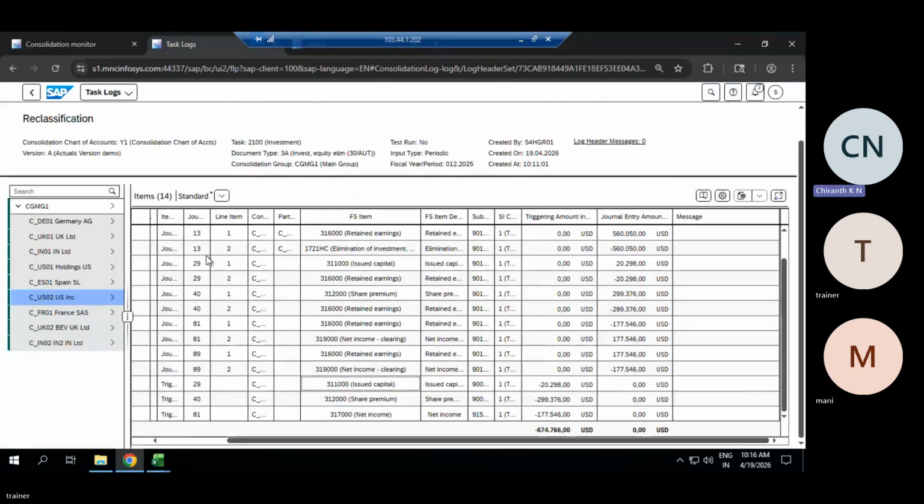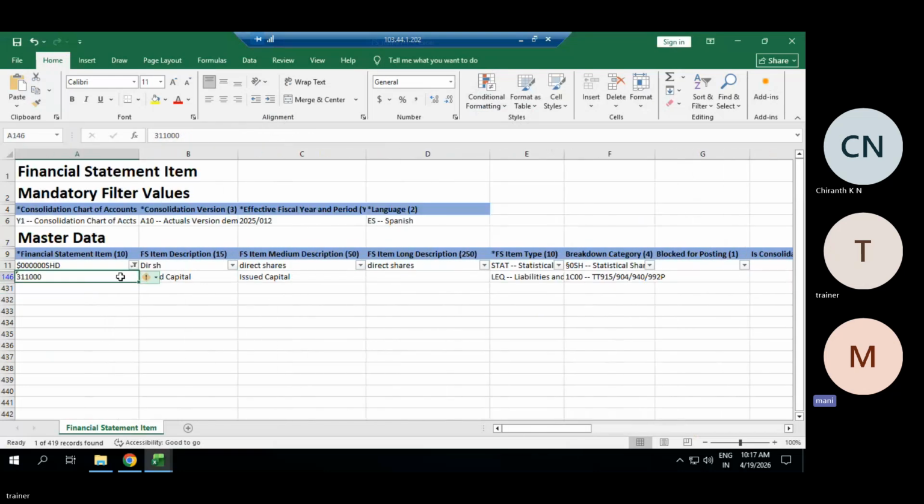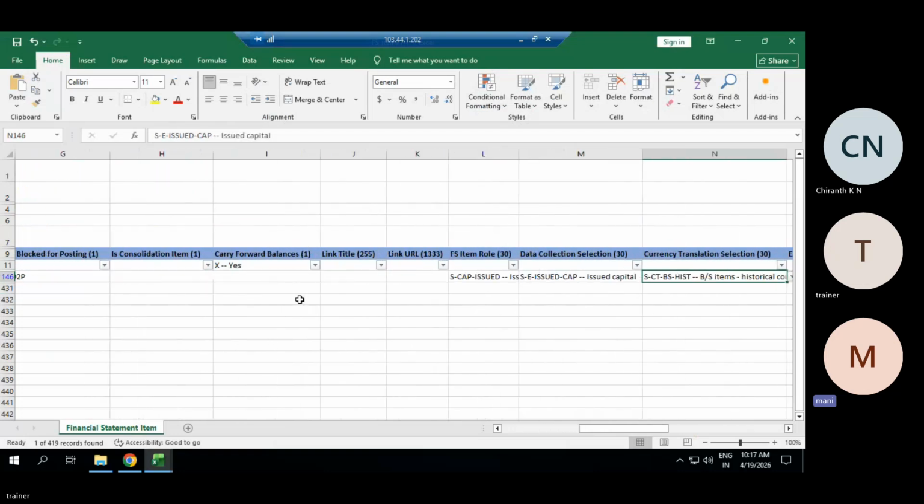This is the task log, right? The Excel sheet you were showing is a downloaded format of this task log, this is what we have uploaded. First item is your master data. Based on master data, every calculation is performed.